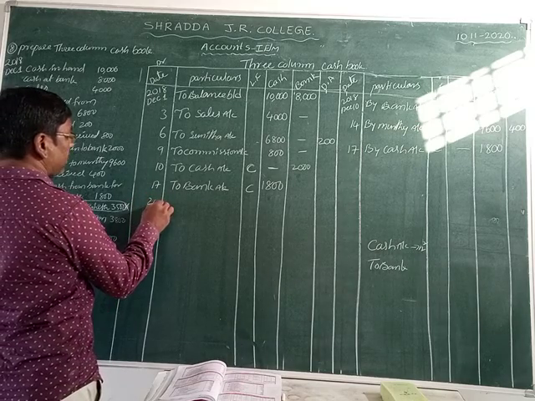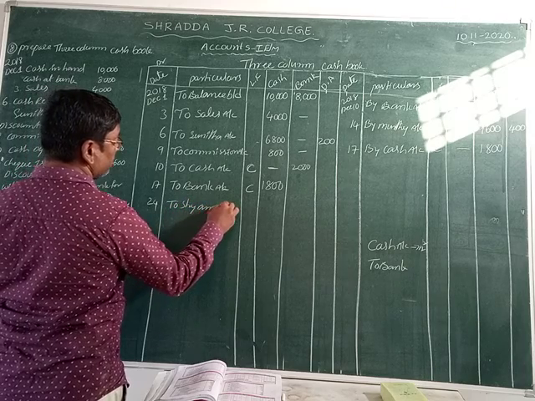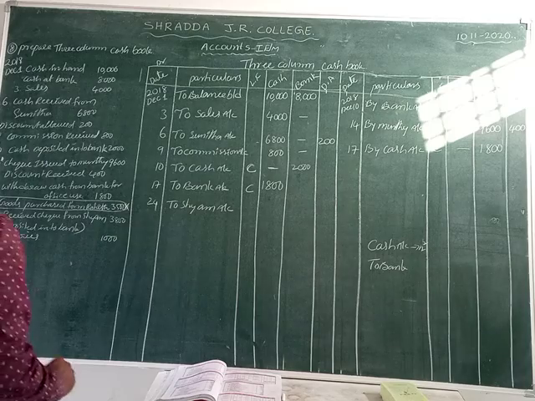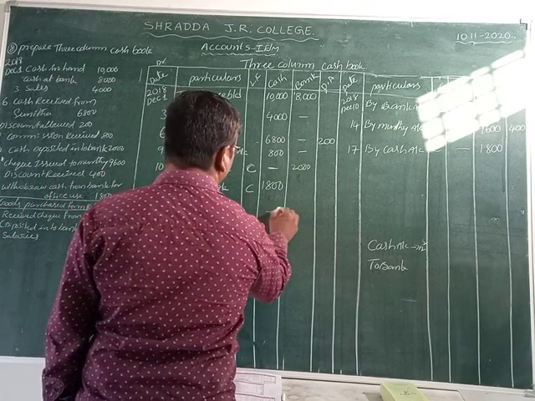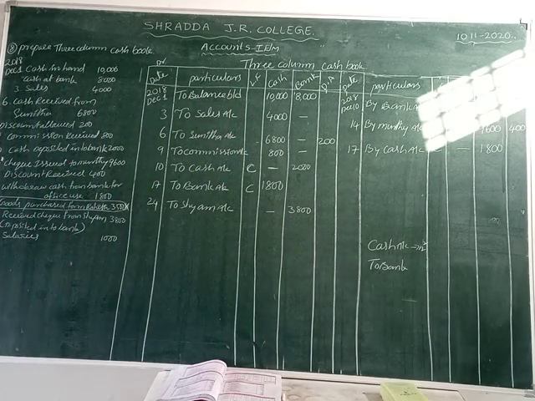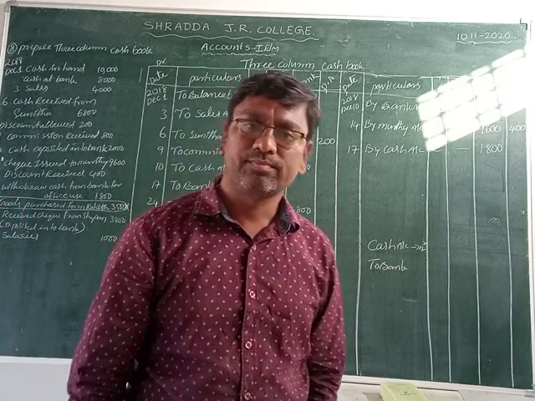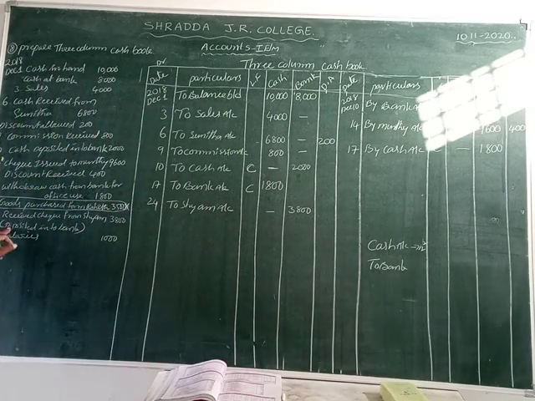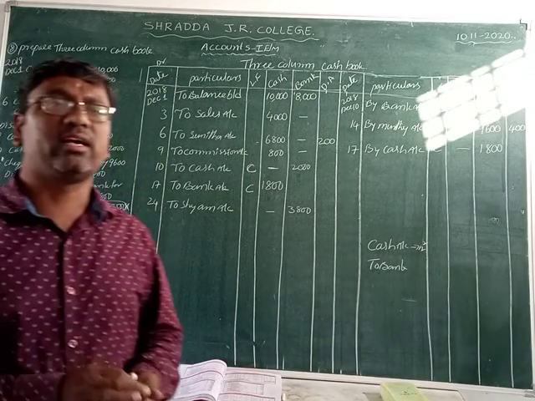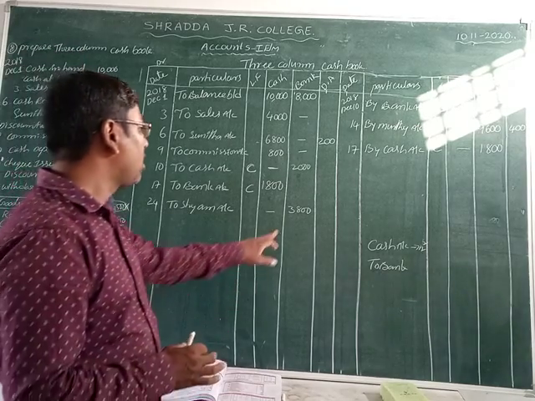The date is 24th. Let us write down, to Sham account. What is the value of that? 3,800. It is by check. That's why we record it in the bank column. If the check is mentioned, then we record it in the bank column. If the check is not mentioned, we record it only in the cash column. Okay now, here it is clearly mentioned deposited into bank. We can receive the check and on the same date deposit it into the bank. No problem comes here.